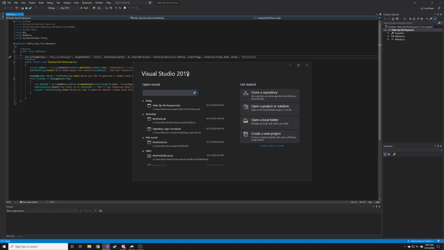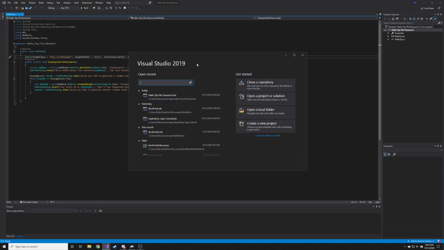But if you're starting from scratch and you're starting new on modding, you're probably going to be using 19 because you probably didn't have an old version of Visual Studio on your computer. So that's the first thing you're going to want to do, and I'll put a link to the Microsoft Visual Studio download thing in the video description when I upload this to YouTube,